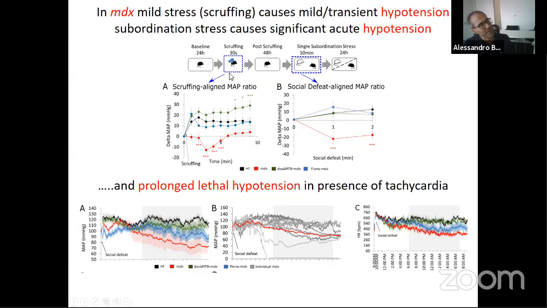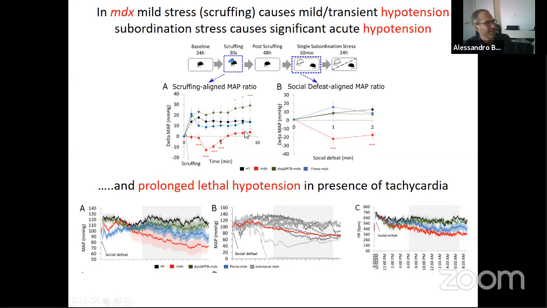First of all, if you apply a very mild stress like a scruffing, something you all do pretty much every day by injecting a mouse, okay? You take an animal, you scruff the mouse, you inject the mouse. You think it's an irrelevant event for a mouse. It actually is not. The animal developed hypertension, which lasts quite some time, I can tell you.